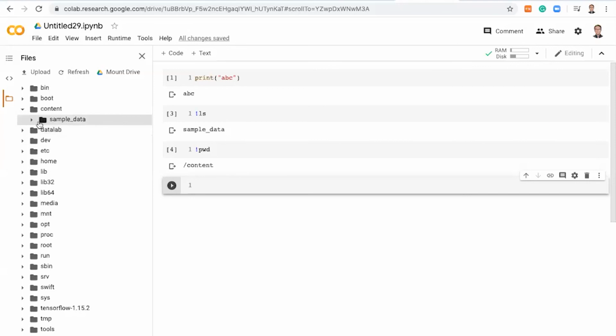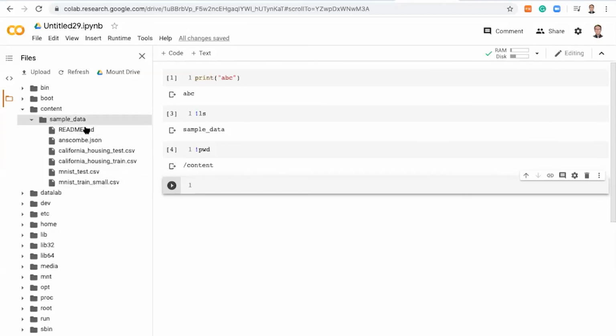And inside the content directory, there is a sample data, and inside the sample data there are some more things. So for example, currently I am in the content directory, but if I want to see some more content inside the sample data,